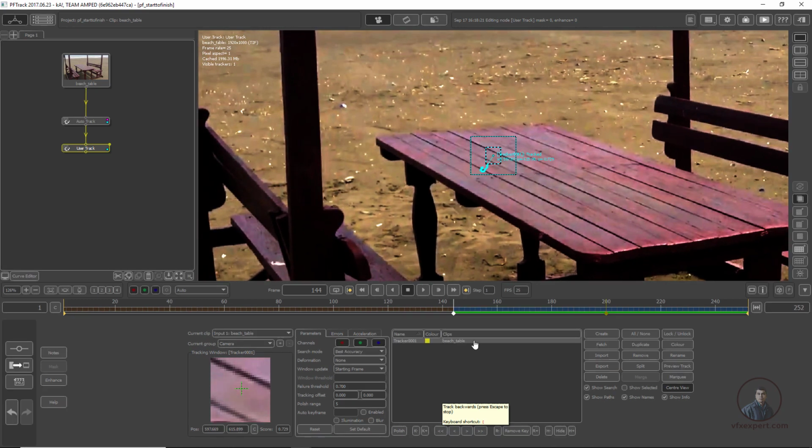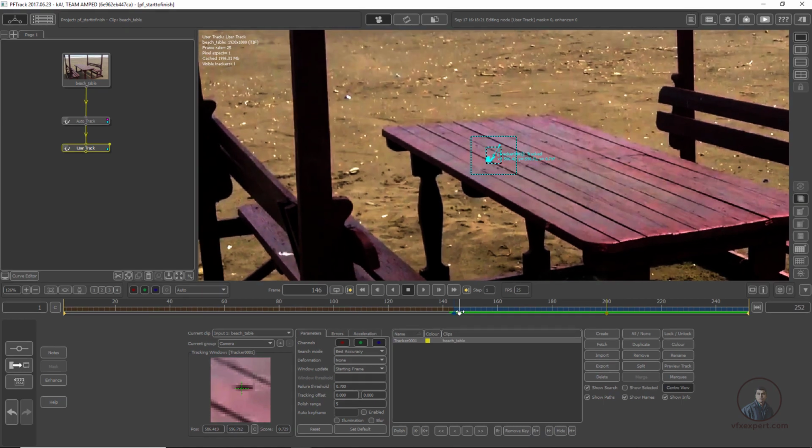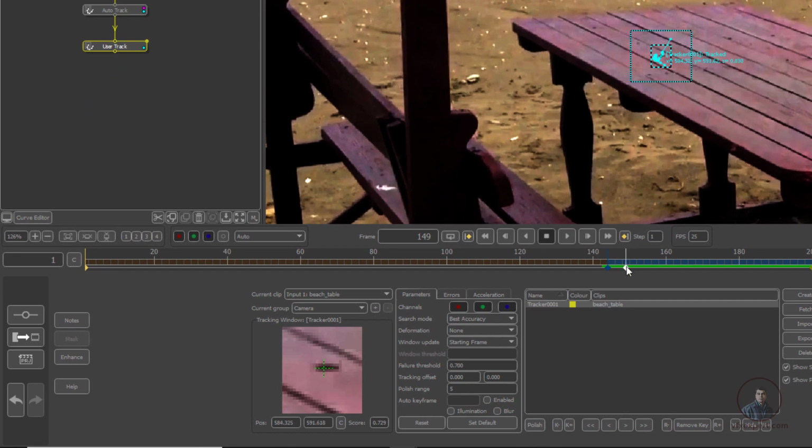Now see, here your tracking has failed because of a luminance change or any changes in your points, maybe color, blur, all these things, maybe any region. So come back a little bit here. Till here this is perfect. Before tracking further you have to clear these inaccurate tracking data. For this, simply press R minus for backward clear, and R plus for clearing your forward data. We have to clear this data, then simply click on R minus.